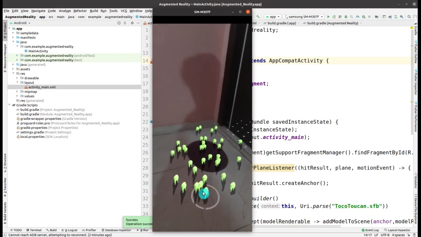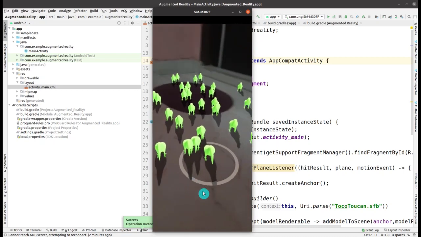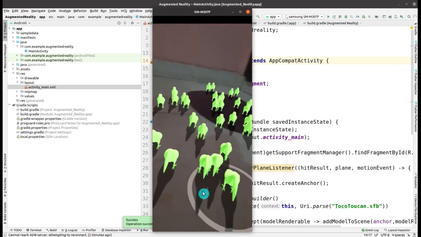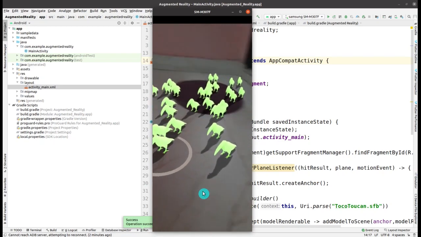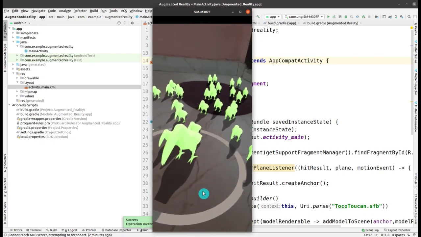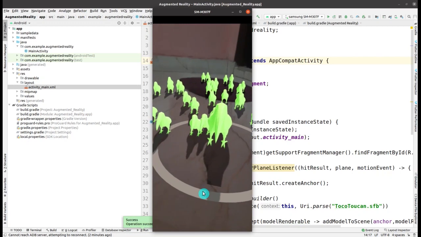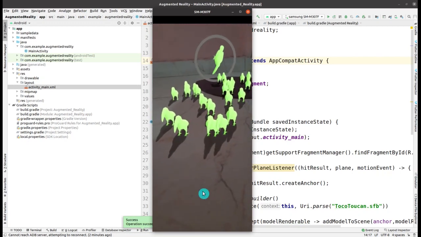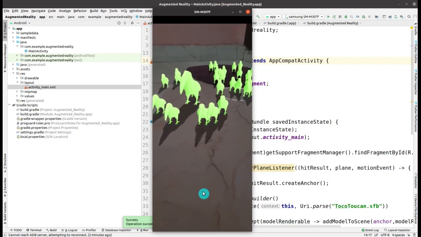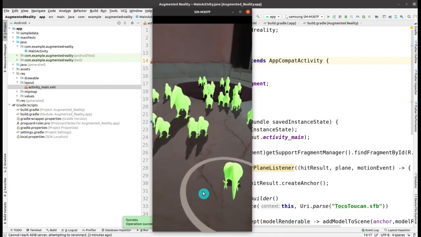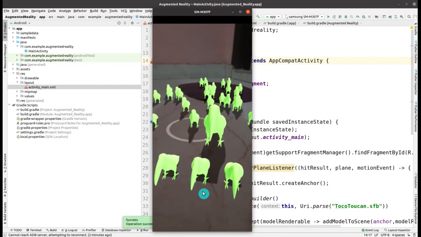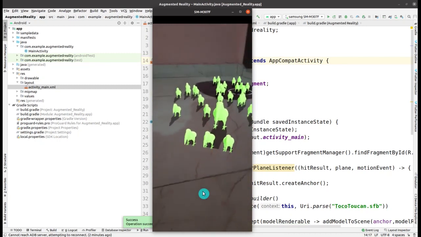As these animals are placed within those model files, that's why you are able to see them. Here we are just rendering them and adding the child with the help of Sceneform methods that are provided by Google itself. Now I can zoom between them and move them to and fro. As you can see, whichever one you want, you can do it.